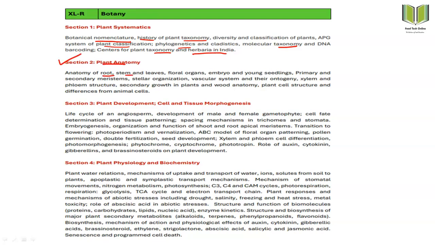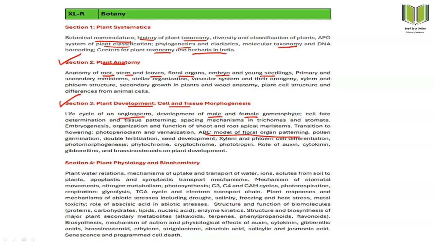So anatomy of various parts of a plant, and what are their reproductive systems, and how the growth of the plants occurs, what kind of cell division and differentiation systems there are, like primary and secondary meristems. Then there comes section 3, which includes plant development only. We will be seeing the model of floral organ patterning, then life cycle of an angiosperm, development of male and female gametophyte, meaning how the reproductive systems of the male and female gametophyte occur inside the flower, because